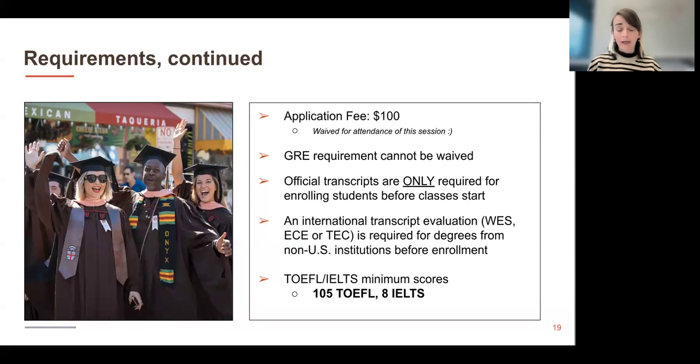You might not see it in the application, but if you are looking at Brown at this point, you might see that Brown actually has a minimum score that is a little lower than this. The program has a higher one based on the nature of the curriculum. It is more discussion based, so your English language proficiency needs to be in this range to be a successful graduate student here.